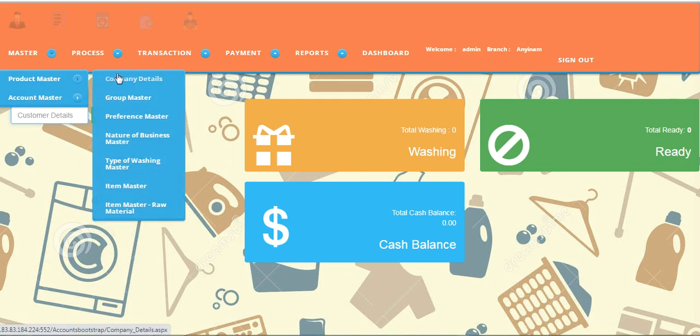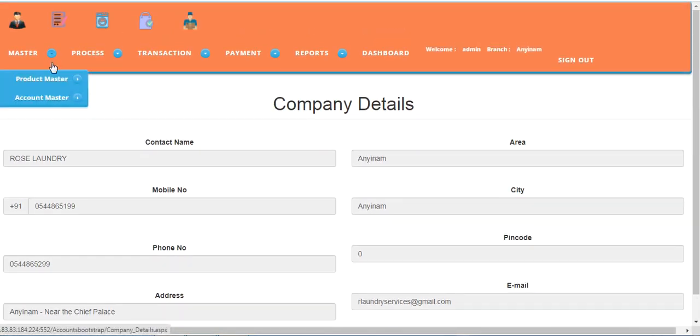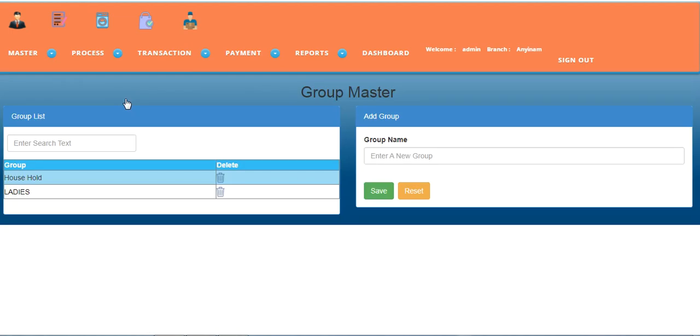One is the company master. What details you are providing here will come for the billing section. So what details you are providing here will come at the time when you bill your customers. All your company details, the name, everything will be changed based on the details you're providing in the company master. You can change it at any time, your branch details, your company name details, GST or any tax details. You can mention them in that particular section, and automatically it will be displayed on the bill. Next comes the group master.